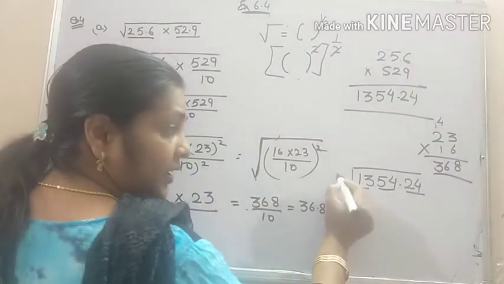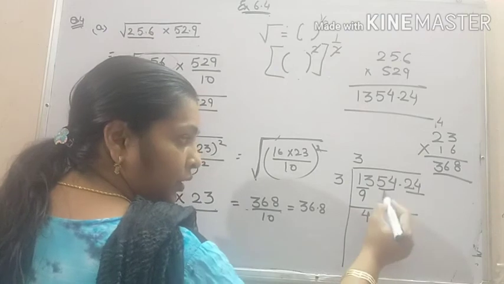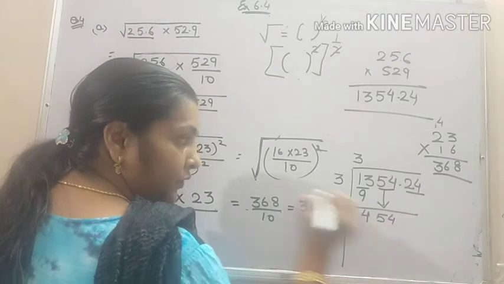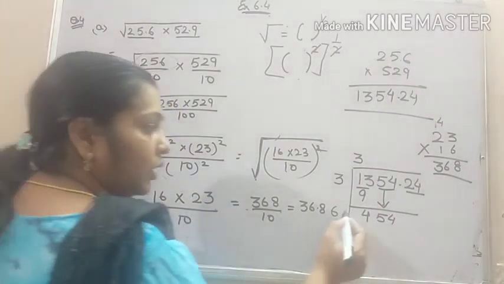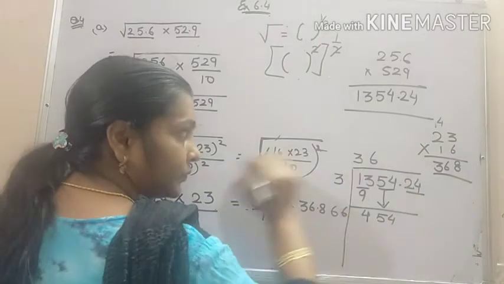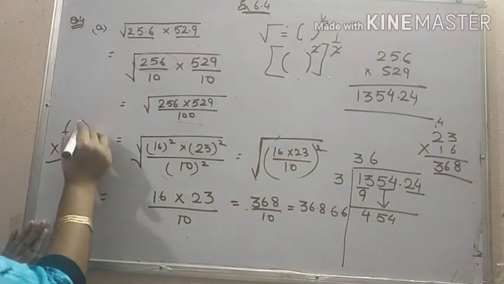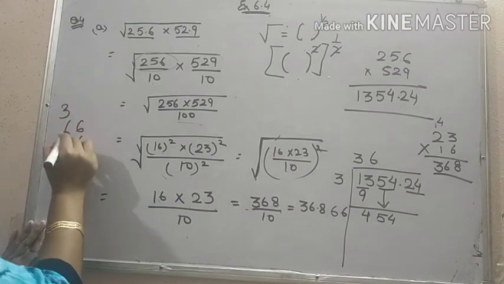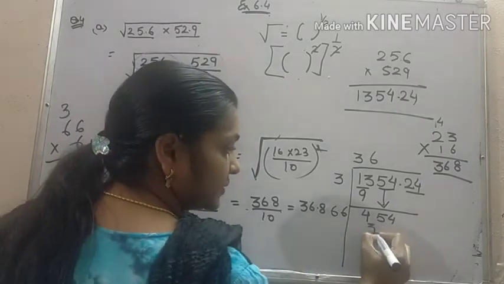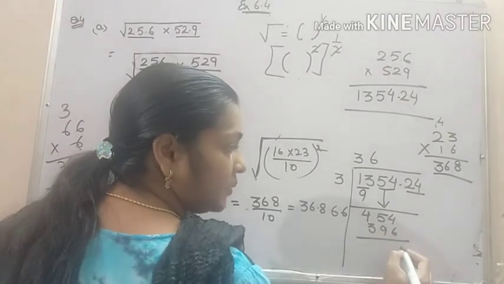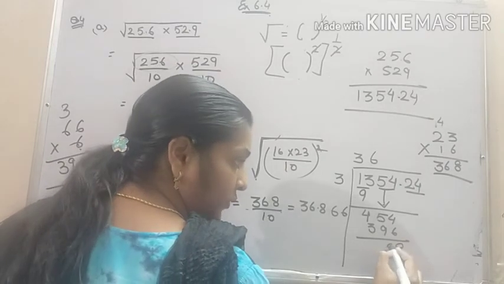Now 13 is greater than the square of 3. 9 will come. What will be left? 4. Bring the next pair down, 54. Double of 3, it will be 6. And it will go on 6 only. So multiply 66 by 6. 6 6s are 36, 3 carry. 6 6s are 36 plus 3, 396. Subtract them. 14 minus 6, 8, 4, 14 minus 9, 5, 58.